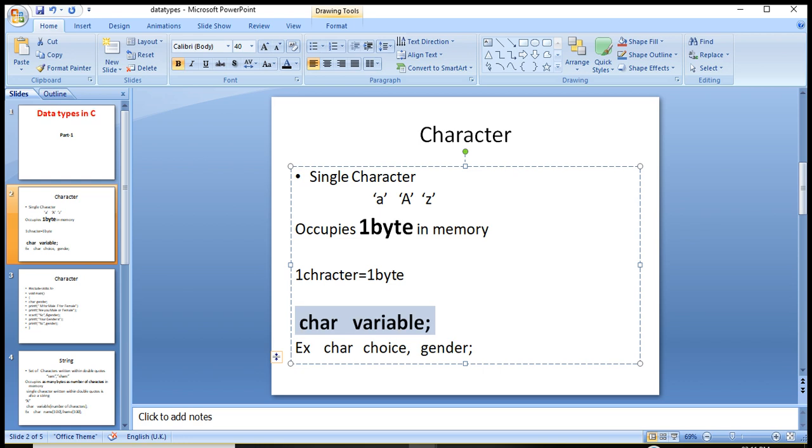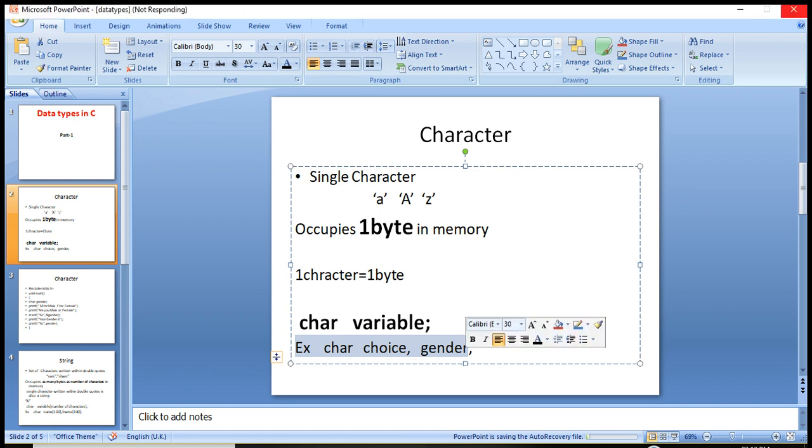I have taken two variables, choice and gender, and we have to separate the variables by comma. Choice variable will contain only a single character and gender variable will also contain a single character.